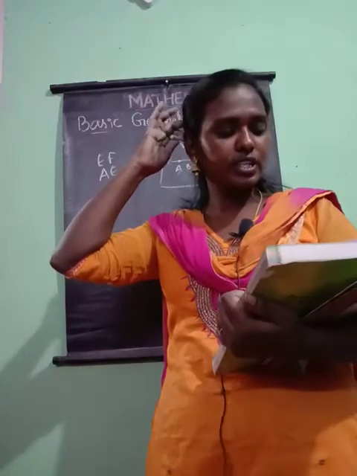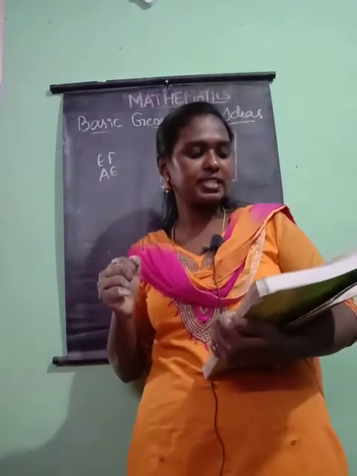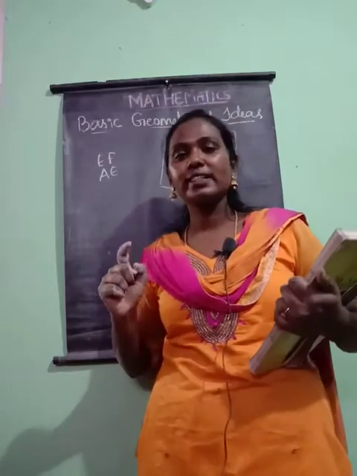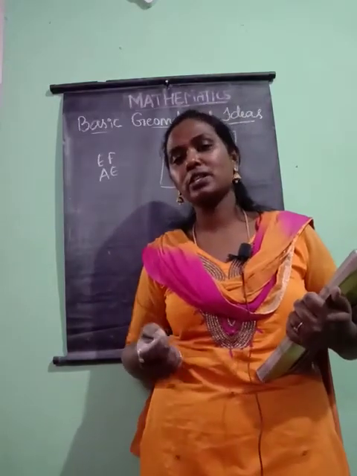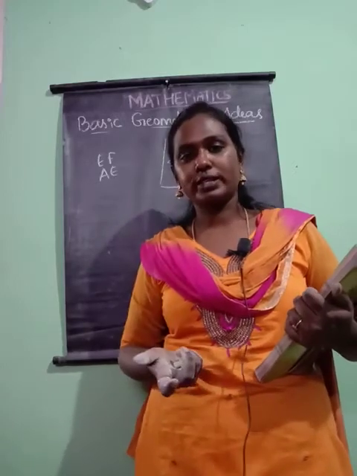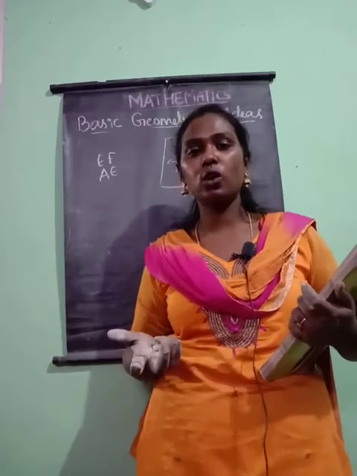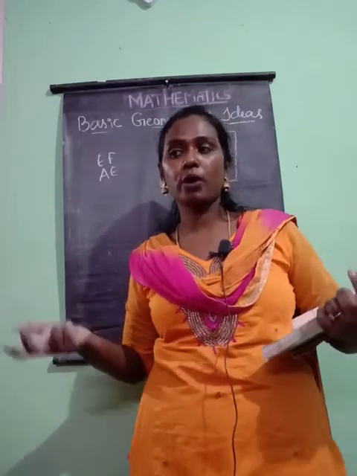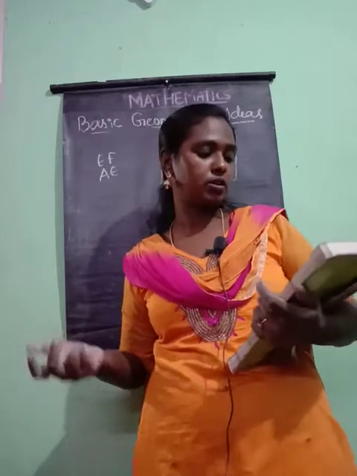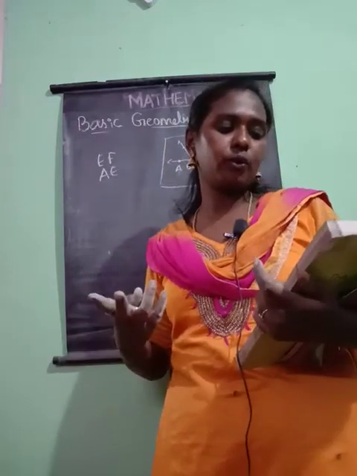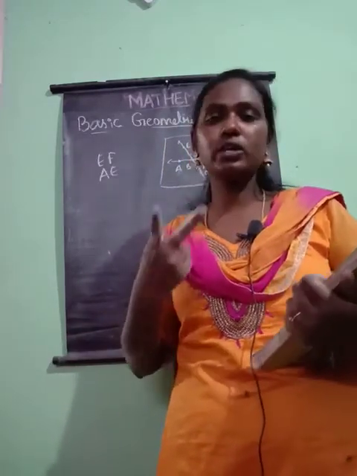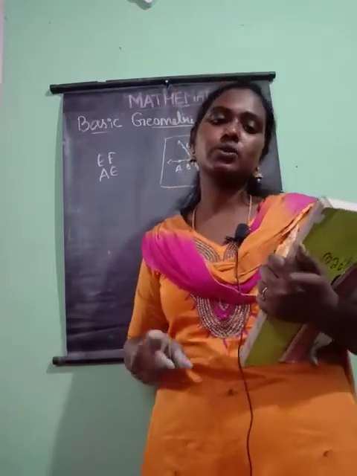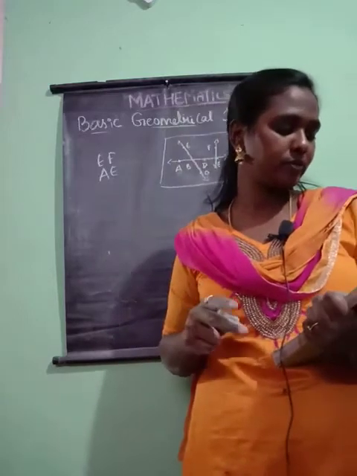So our next question we have, how many lines can pass through one given point? So there are infinite lines. Infinity means what? We cannot count it. Many lines can pass through the given point. Right? Okay. Second, 2 given points. How many lines can pass through 2 given points? There is only one line that can pass through the two given points.